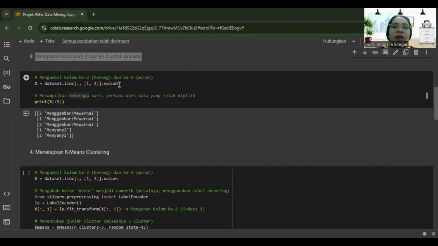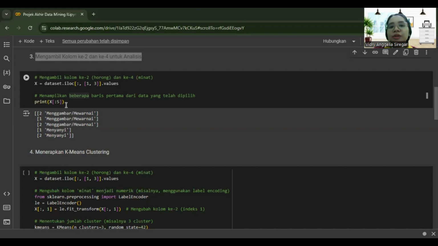As a result, the variable is printed: print X[:5]. This slicing displays the first 5 rows of array X. This command will print the first 5 rows of the selected data. This is useful for verifying whether the data captured is as expected.